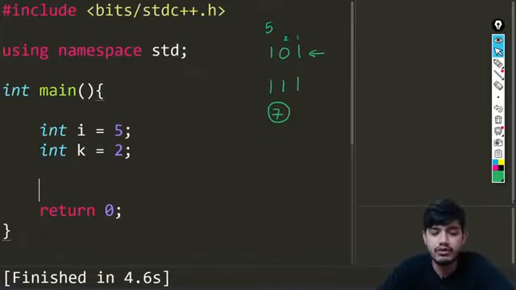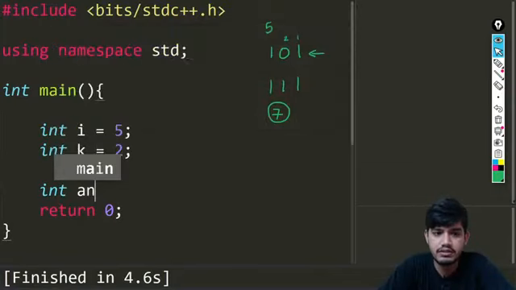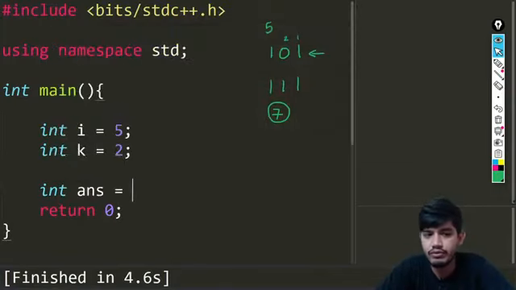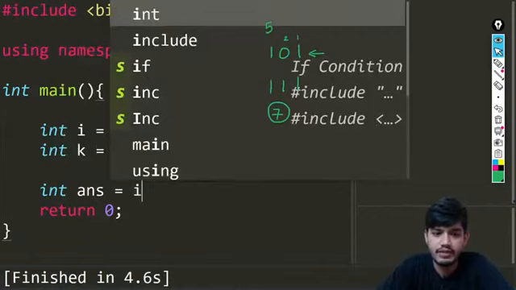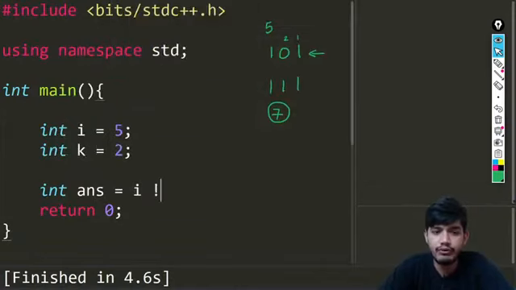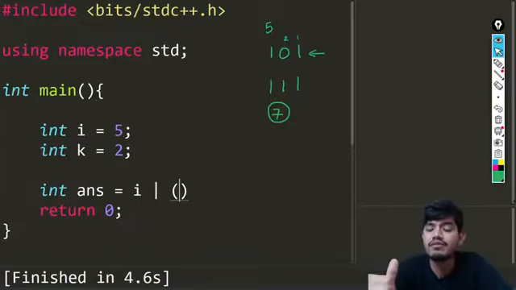Basically we want to do this operation. Suppose I have an int answer, and here I'm going to do i OR something. With what will I be doing the OR operation? With the 1 which comes below it. How will it come below?